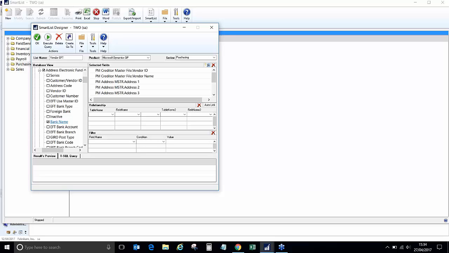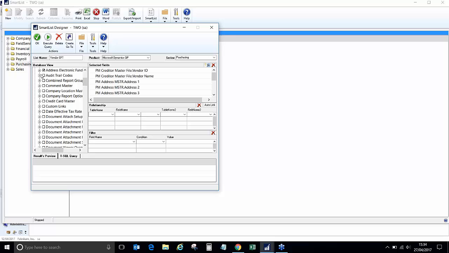It's relatively straightforward, and you keep doing it until you get the right result in your pane. So then I want EFT bank account, and then I want EFT bank code, and that's about all I need for this exercise. So if I scroll that up,